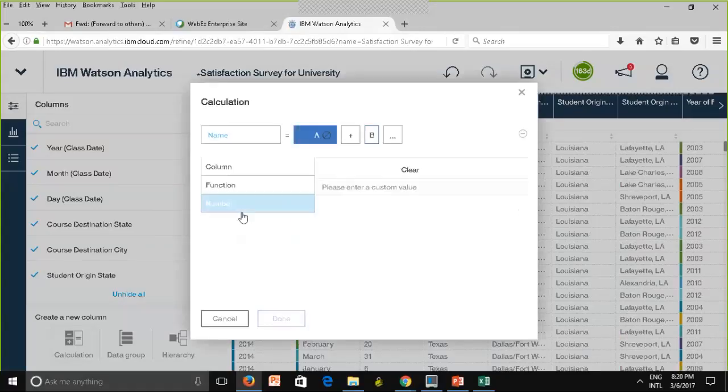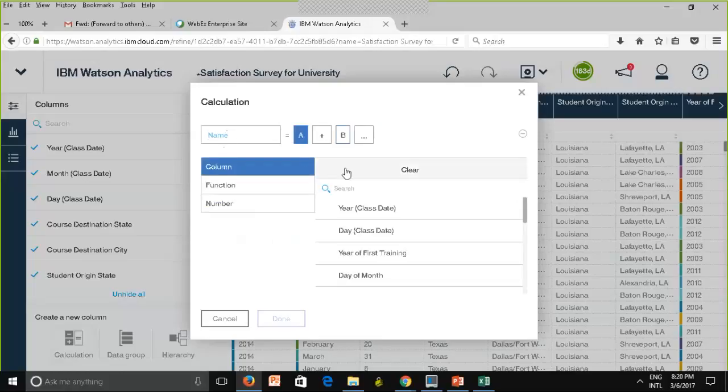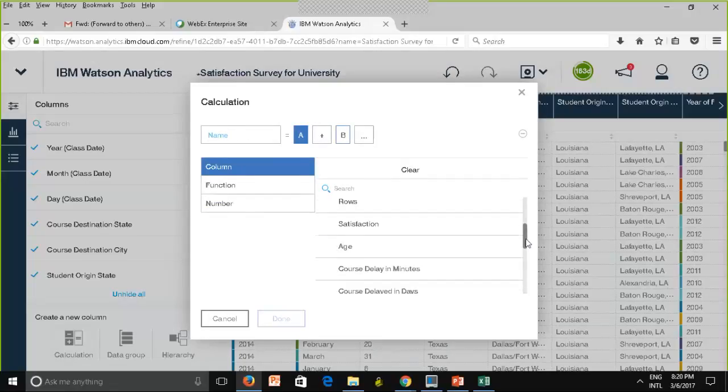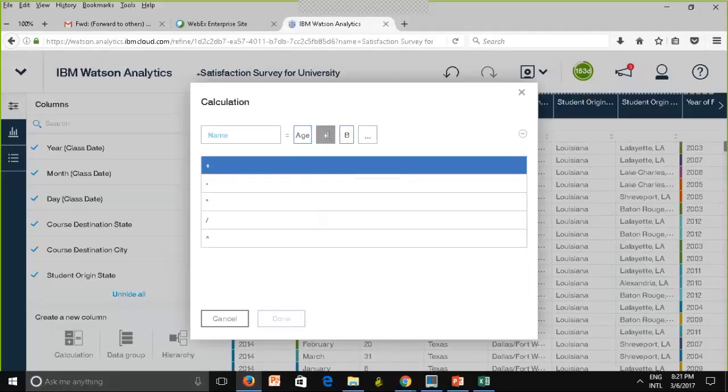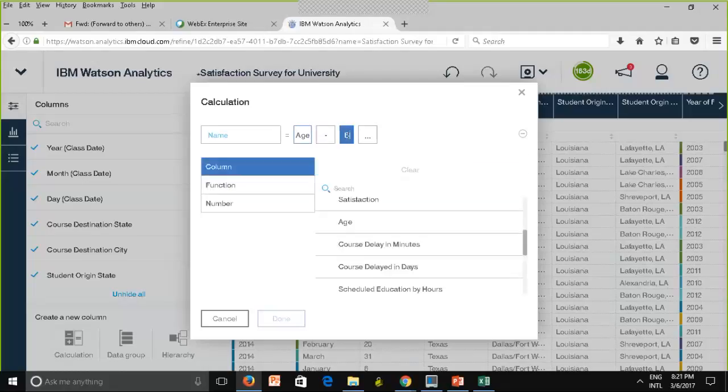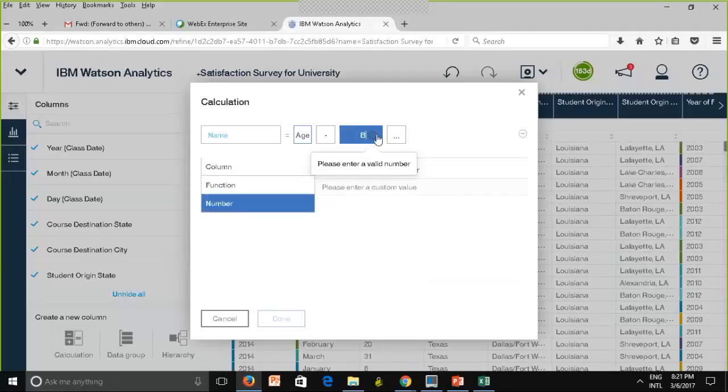Let me put in, like here, when you create a calculation, it's going to create a new column, right? So I select column, right? And here, just suppose that what I want to do is I want to make everybody 1 year younger. I go here age, and here I'm gonna do minus, and I click here, and I'm gonna select number, and I'm gonna type in 1, right? And I'm going to call my column new age. There we go. So now I'm gonna click done,